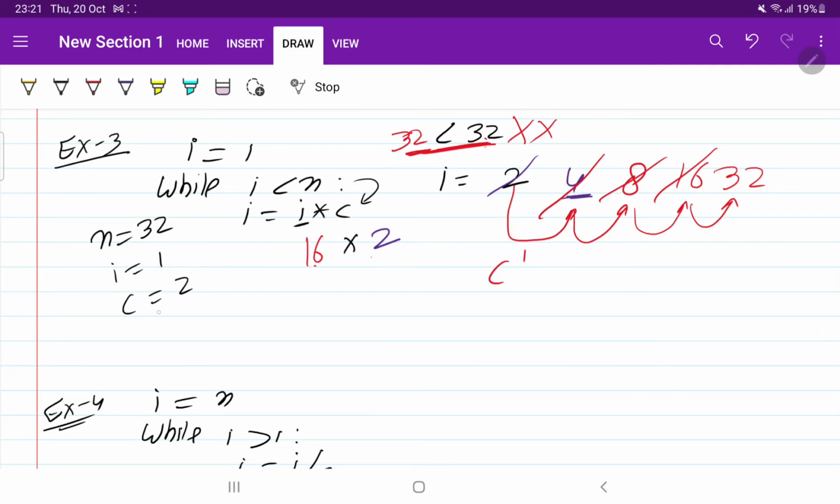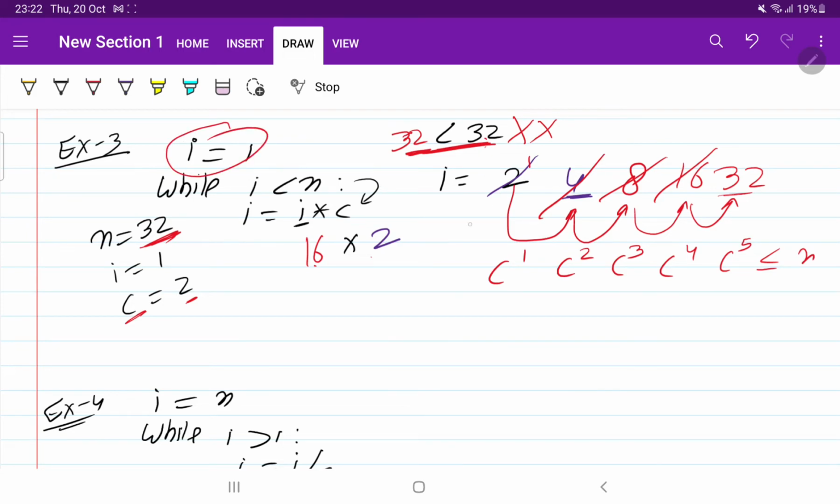it was something like this, c to the power 1. The c value was 2, so it was 2 to the power 1. Then it was c square, then c cube, then c to the power 4, c to the power 5. So I can say that c to the power 5 is less than n, where n was 32 here because we came till here only. And we started from 0. Initially, what is the value of i?